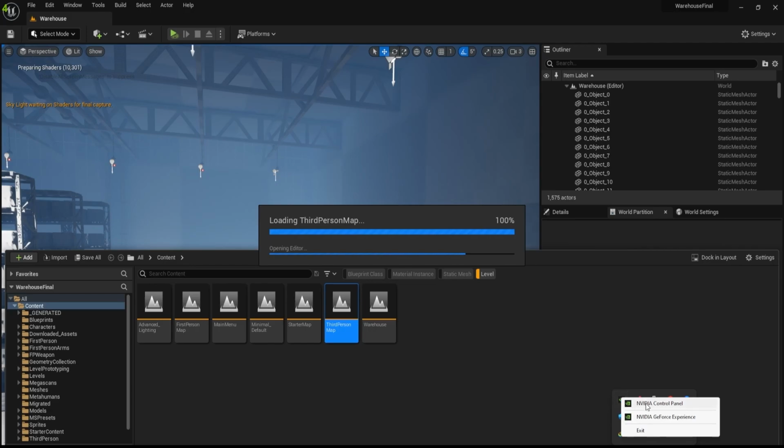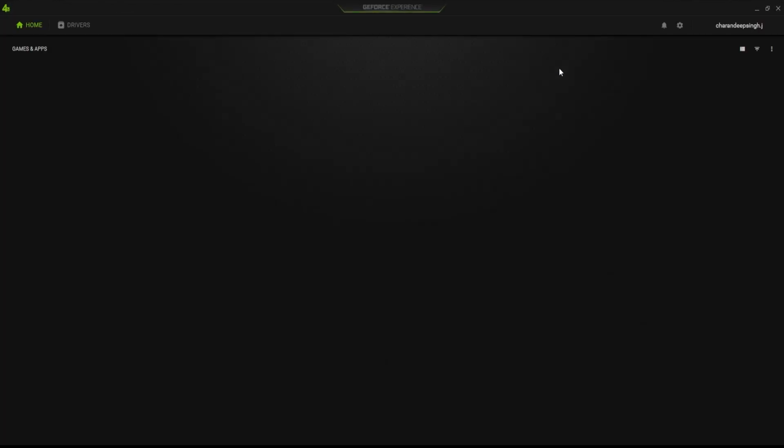Right click over here, and we have the NVIDIA Control Panel and NVIDIA GeForce Experience. You should always make sure that your drivers are up to date. Go to GeForce Experience and over here it will show you which drivers you are using. If you go to the drivers over here,